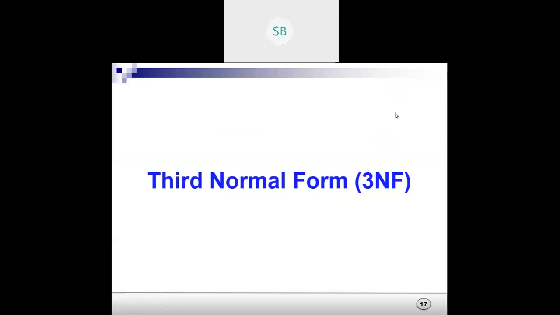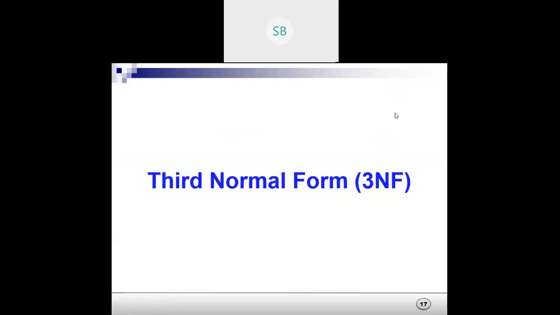We have seen the first normal form, and the second normal form also we have studied. In first normal form, you should make sure that in the table there should be only atomic values, and in the second normal form there shouldn't be any partial dependency. The functional dependencies we have should be fully dependent on the candidate key, not partially dependent.